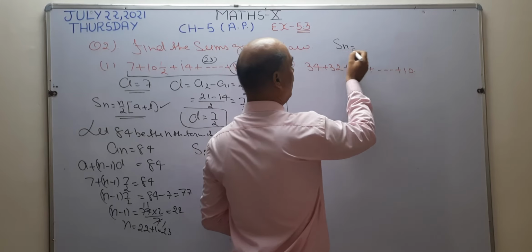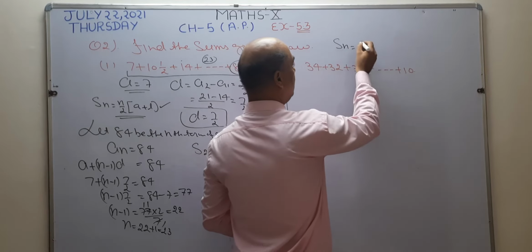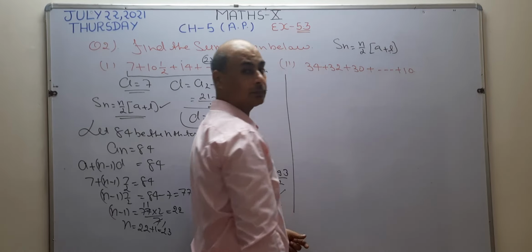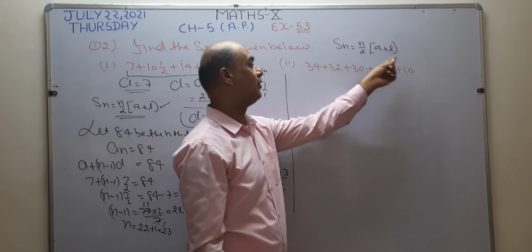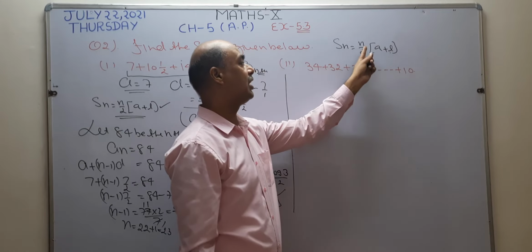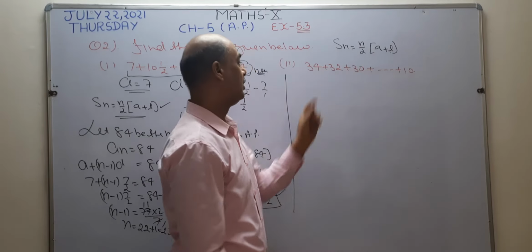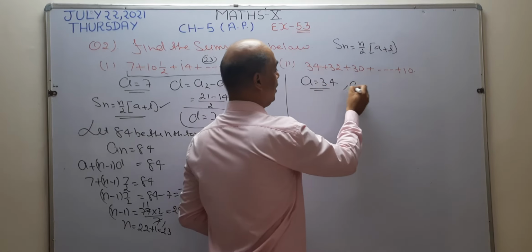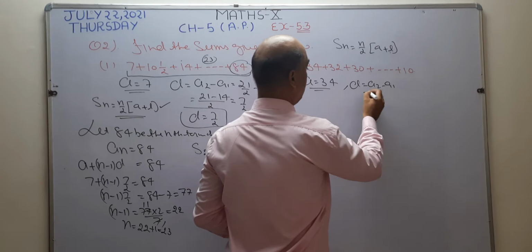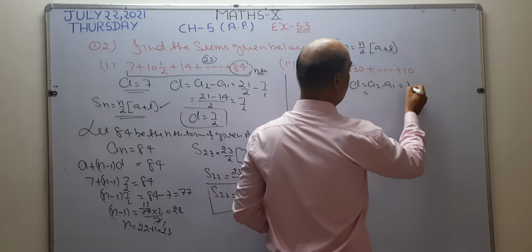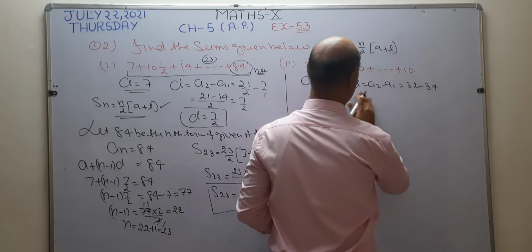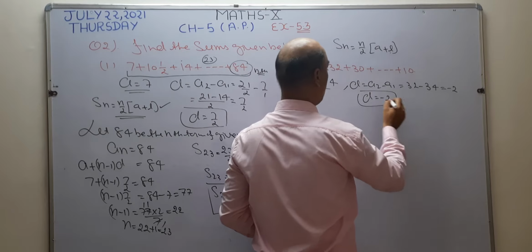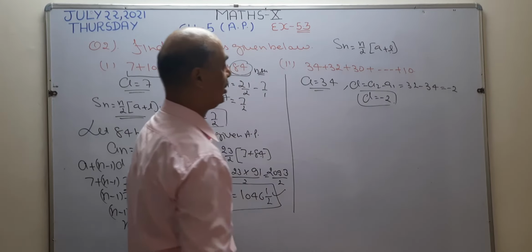And how do we find the value of Sn when the first and last term are given? The formula becomes n by 2 times (a plus l). Okay? Clear? So a and l are given? No. My first aim is to find the value of n. Okay? Now, the first term is known as a. So a becomes 34. The value of d is a2 minus a1. What is the value of a2? 32, right here. 32 minus 34 becomes minus 2. So the value of d becomes minus 2. The common difference is minus 2 and the first term is 34.